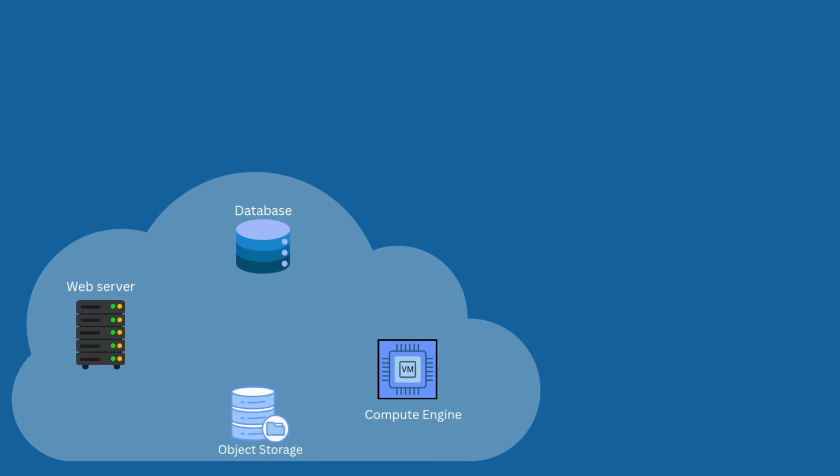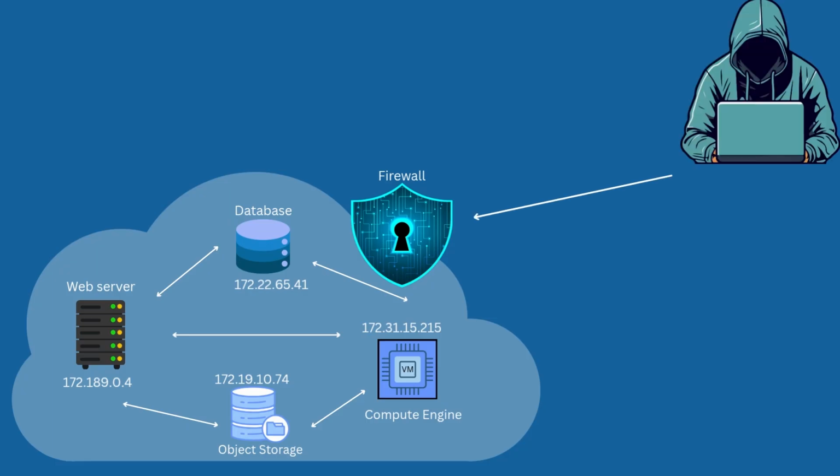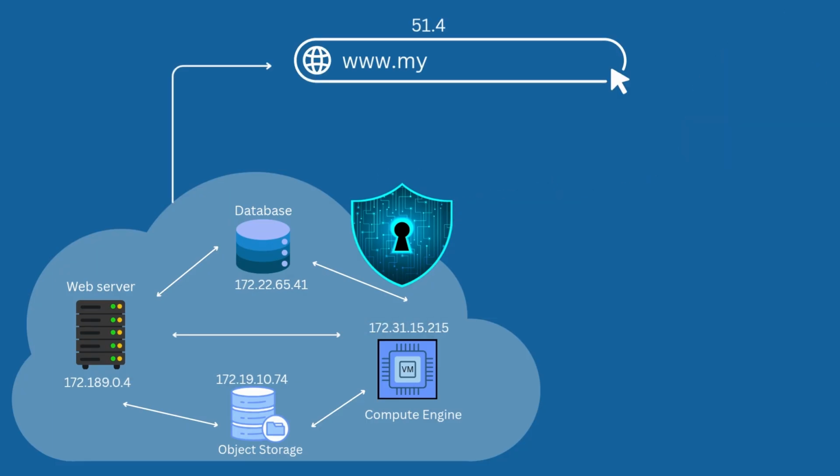There are scenarios where you might need your servers and database to be on the same network, each service having its own private IP address and sharing resources with each other. You can set up firewalls and take up other security measures so that users or attackers do not have direct access to these resources. When you make your application publicly available to the internet, you might choose to make it